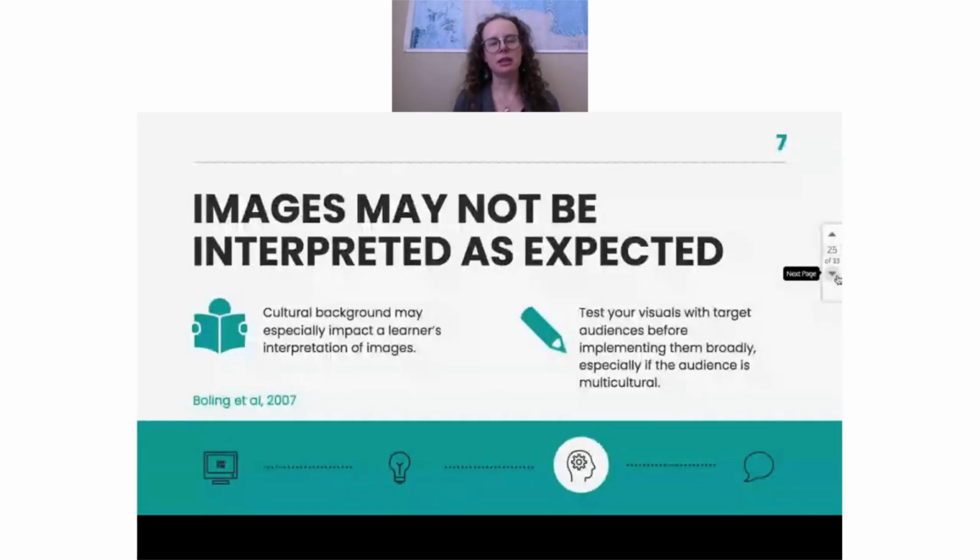Lastly, I want to say that, when we are creating and choosing those visuals that we want to use in our infographics, it's unavoidable that we're going to make some assumptions about what we think is most appropriate. What photo should we use? What icon should we use? Those kinds of decisions you can make based on practice and best judgment. But at the end of the day, you can't fully know how your audience is going to interpret that until you ask them. So I am a huge believer in testing the visuals that you're developing,